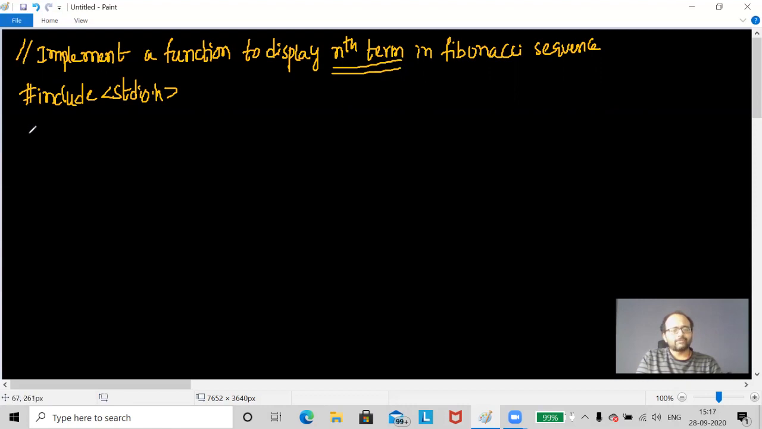Now write the name of the function. Since you're trying to return the value, or if you want to display there itself, you can also display. For example, if you're displaying in the function itself, then the return type will be void. So the name of the function is fib, and it is taking the nth term to display in the Fibonacci sequence. Now, in order to display the nth term, first you need to consider here if